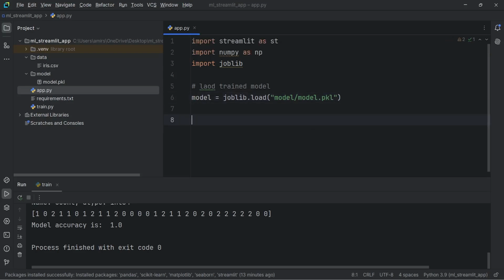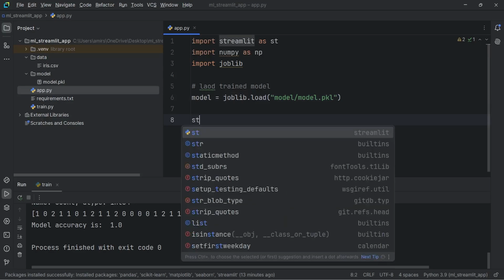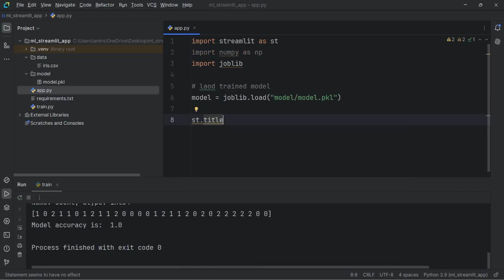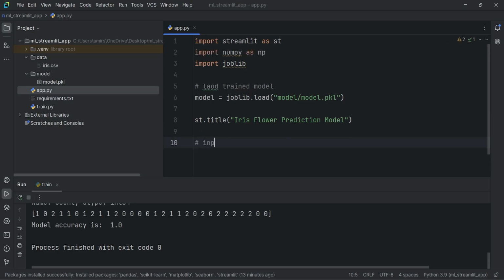Next we will create our Streamlit application and we will give this application a name. So I will write here st.title. So how you give title to your bar plot or any other chart, this is how we are giving the title to our Streamlit application. So our title will be, let's say I will write here iris flower prediction model. You can write any title here,